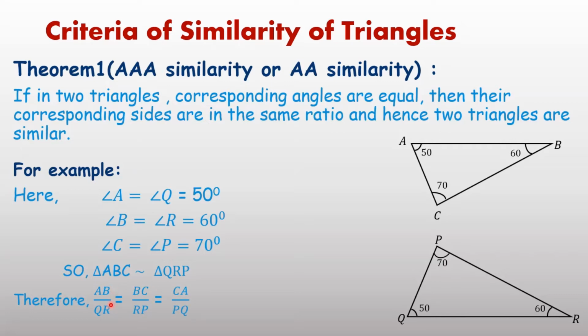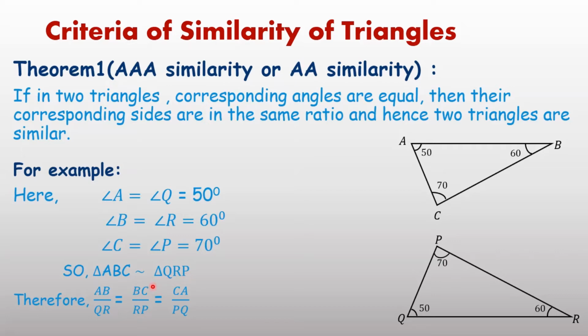Now, corresponding sides again in the numerator. Write down from the first triangle AB, BC, CA. To write the corresponding sides there are two options. One method: if the triangle is written in proper order, AB means first and second point I have taken. In the second triangle in the denominator, again you take first and second point, QR. AB upon QR equal to BC, second and third point taken. BC upon, here second and third point of the second triangle, RP. BC upon RP, meaning the corresponding side to BC in the second triangle is RP.